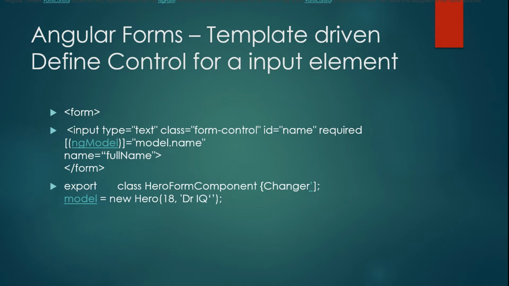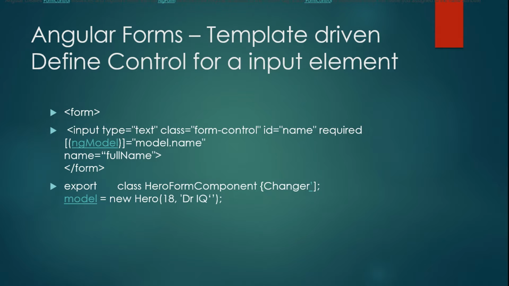So let's see how to define a child control for a form input element in template driven forms. With template driven forms, we create a form with a form tag, and within that form tag we'll have child controls, that is form input elements, and that binds the form input element with the model with the ngModel directive. Here that ngModel directive is bound to the name property of the model class, and to register this form input with the form